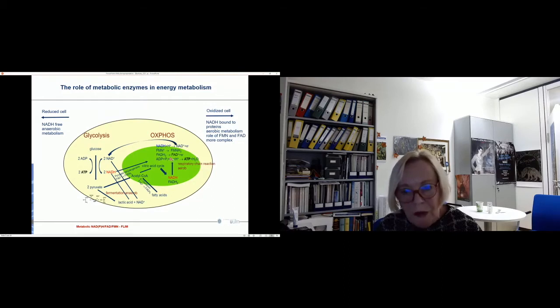Also, in complex 4 of the respiratory chain, oxygen plays a role. Oxygen is reduced to water. And by doing phosphorescence lifetime imaging, we can even inspect and see oxygen concentration, which is quite interesting. Besides this respiratory chain reaction, we have a lot of different dehydrogenases where also FAD and NADH, all these enzymes play a role, and this also influences the fluorescence lifetime and makes the story much more complicated than believed before. So just briefly to summarize,